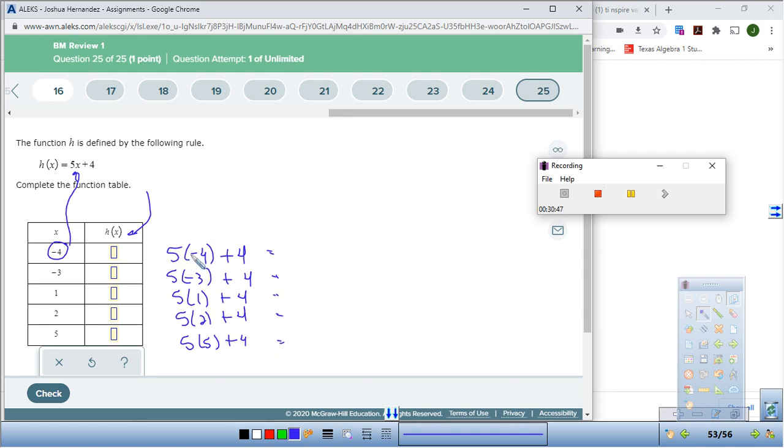It becomes 5 times negative 4 is negative 20 plus 4, negative 16. Negative 15 plus 4, negative 11. 5 plus 4, 9. 10 plus 4, 14. 25 plus 4, 29. Negative 16 here, negative 11 here, 9, 14,